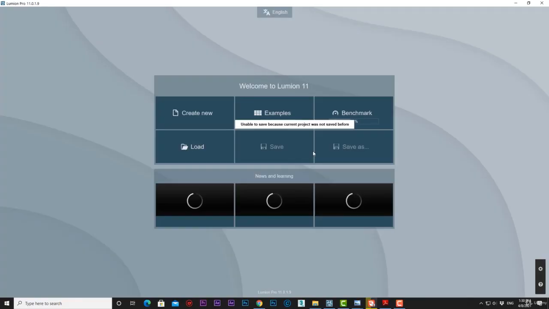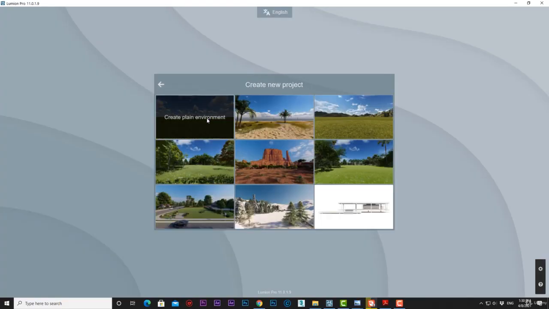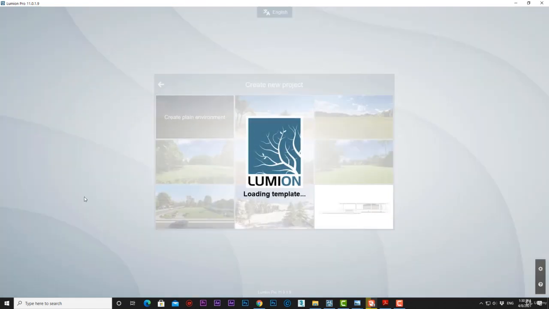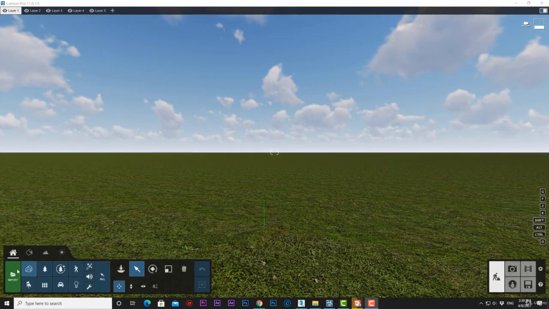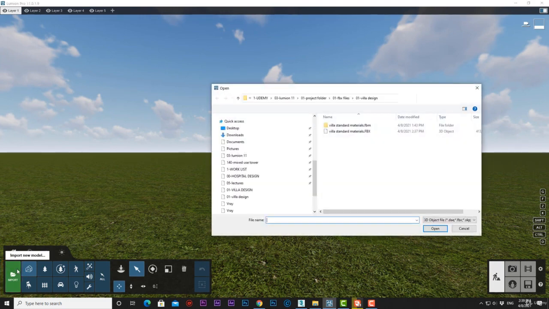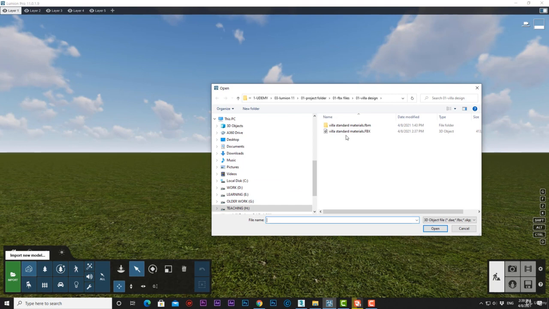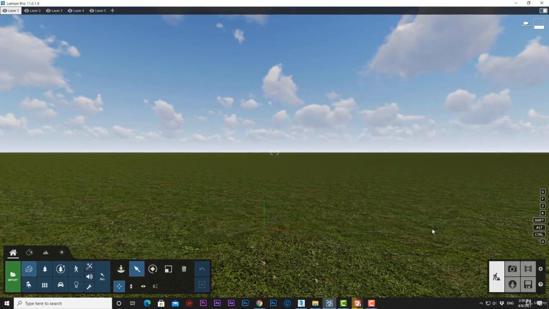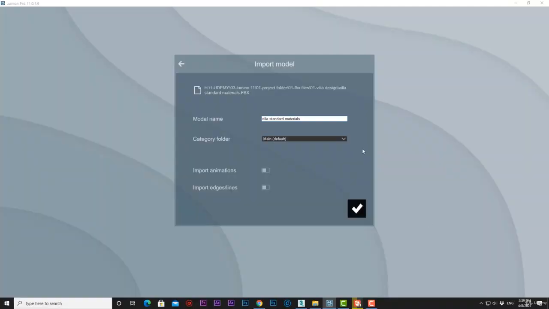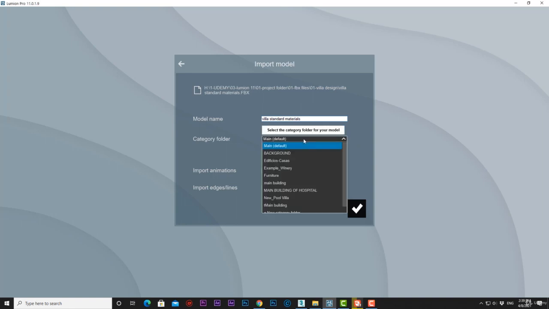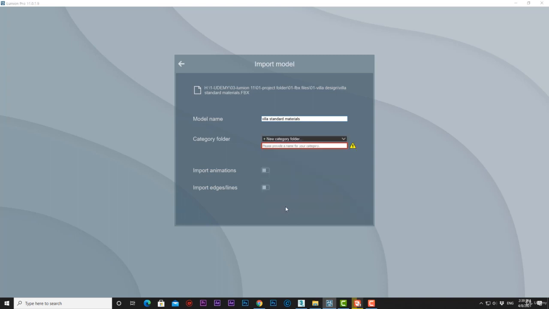Now let's launch Lumion and we can choose a plane as our starting scene. Let's press Import New Model by pressing here. Go to our FBX location, select it and press Open. Then Lumion will ask for the model name that we want it to be inside Lumion. And if we want that import to be placed in which category folder inside Lumion, we can put in a